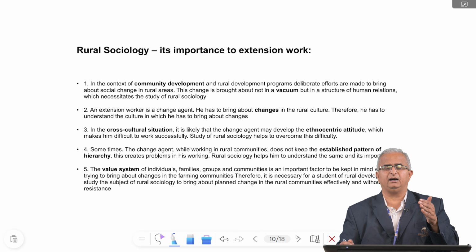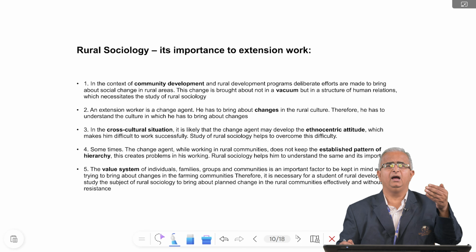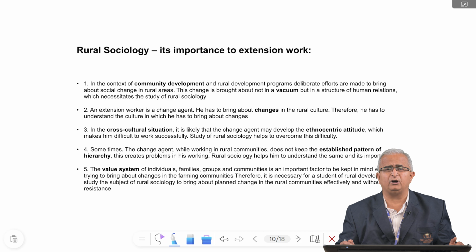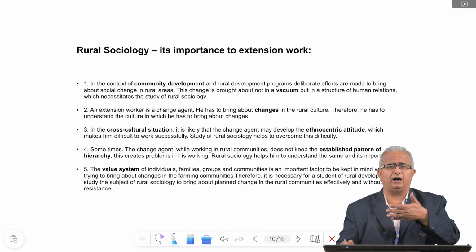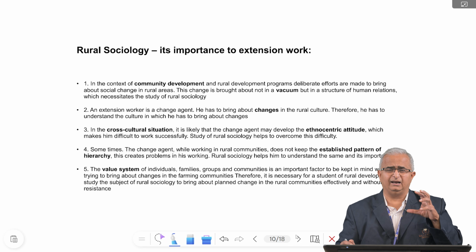That's why in community development we have to study rural sociology in order to build the communities. Either in community development or rural development, the basic study is rural sociology. Unless we study the subject, we cannot understand the social relationships that exist within the villages and among the farmers. Unless we understand what is meant by the farming community, how they interact with each other, what kind of stratification exists among the farmers, what their culture is and how they lead their life, we cannot see the importance of rural sociology.